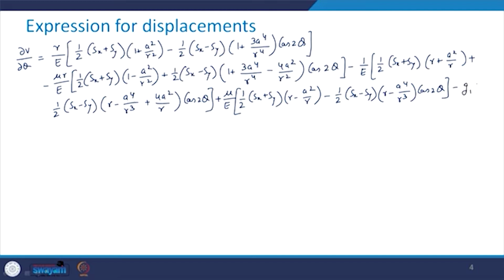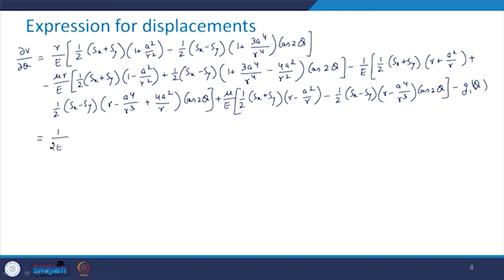minus g1 theta, which is the constant of integration. Although this is a very long equation, have patience, this is very interesting. We are going to get something in a very simple manner. So, you just take the constant with respect to Sx plus Sy on one side and Sx minus Sy, and what you will get here is the simple form as